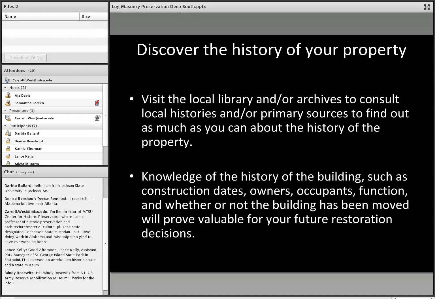Because that can give you clues as to what was done, the treatment that they used, maybe the introduction of new materials as a family grew larger, as the building stopped being a home and became instead a commercial business. All of that type of information can really help you understand your building better. And the more facts you know, the more patterns you can be aware of, means you have fewer surprises as